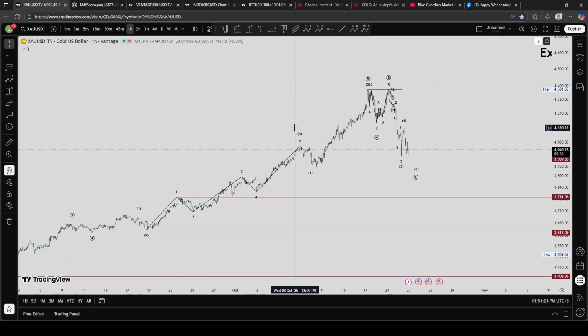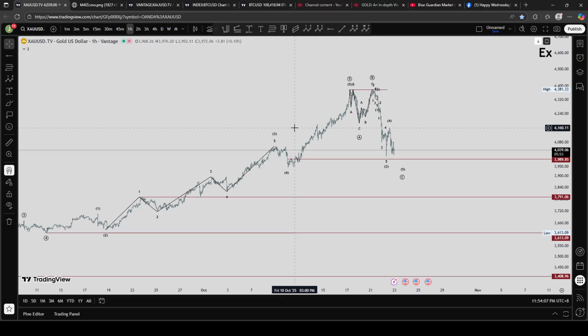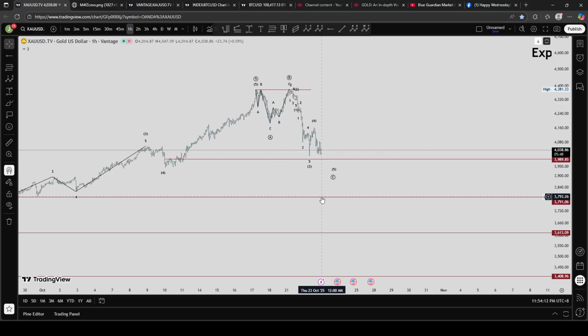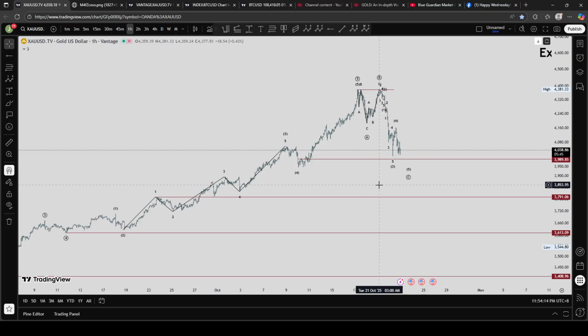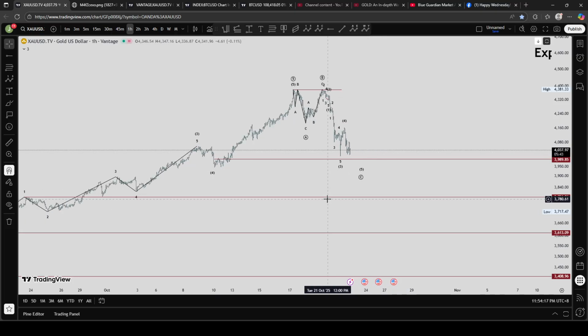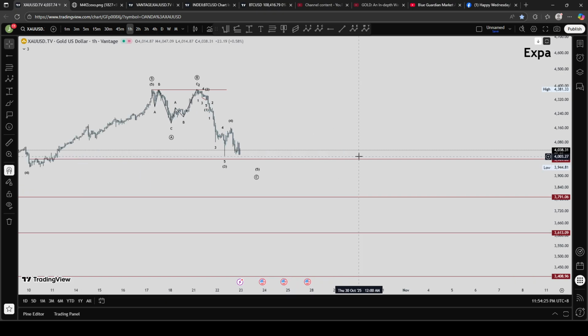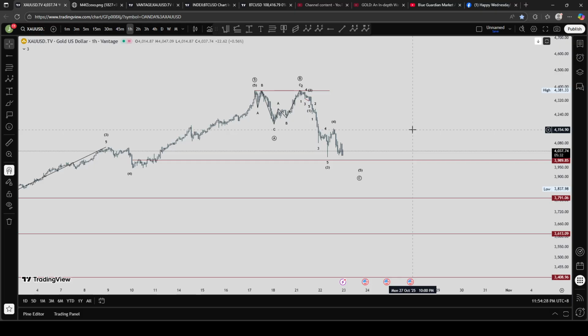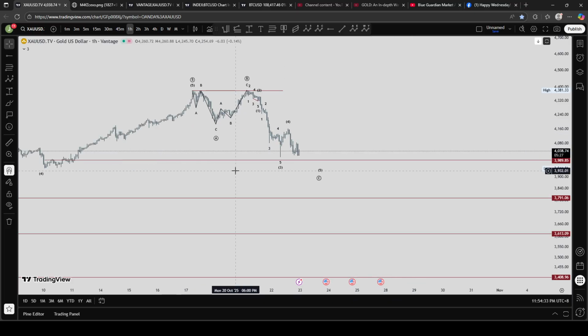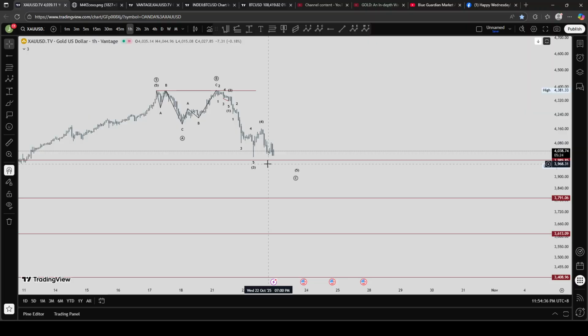What I'm giving you right now is just the structure based on my objective analysis based on the strict rules of Elliott wave theory. So if you want to find an entry model, that would be sweeping this low here. I mentioned in the topics to be discussed today that I will be giving you tips on how to use a statistical SMT or implied fair value gap.